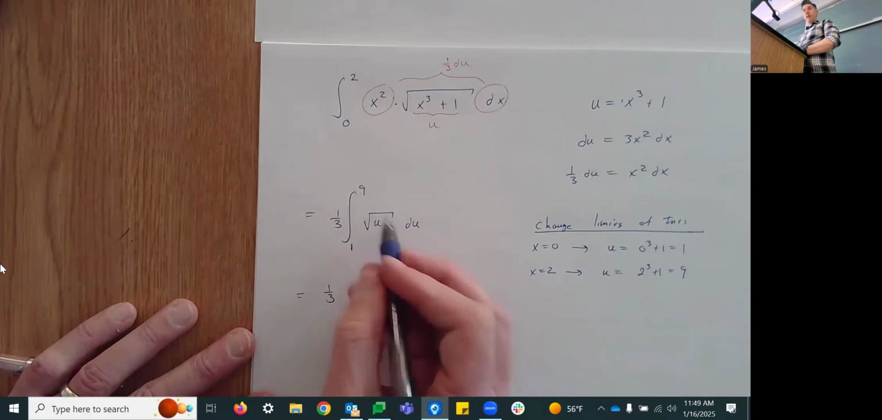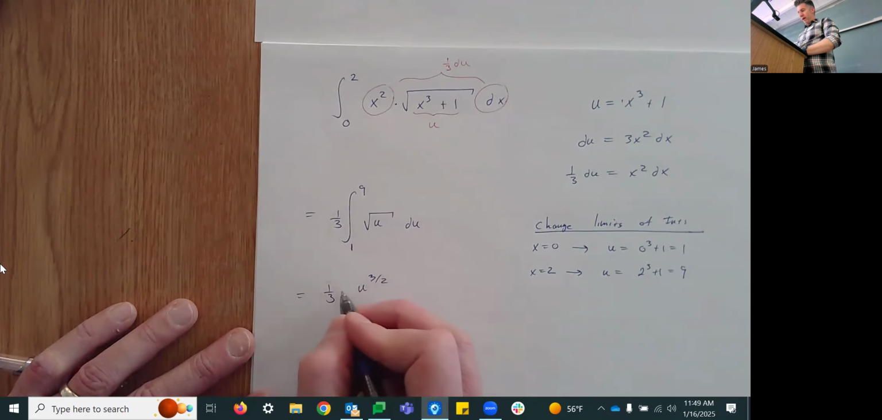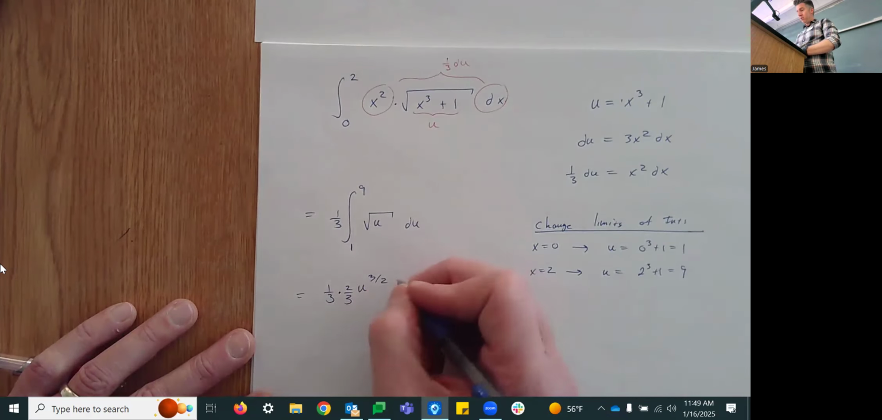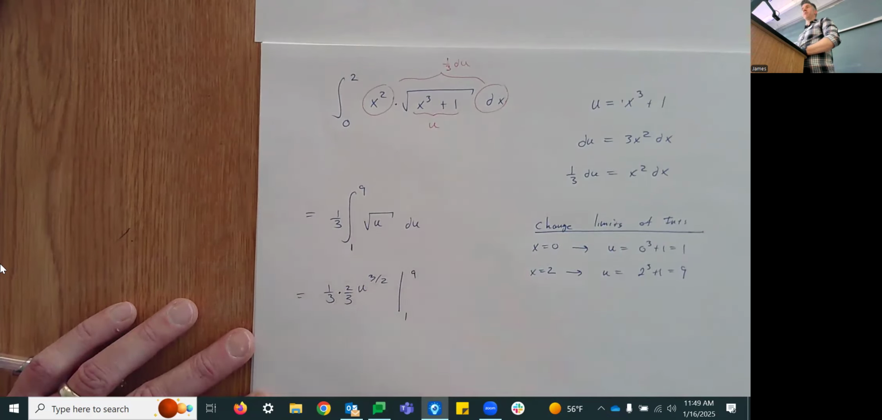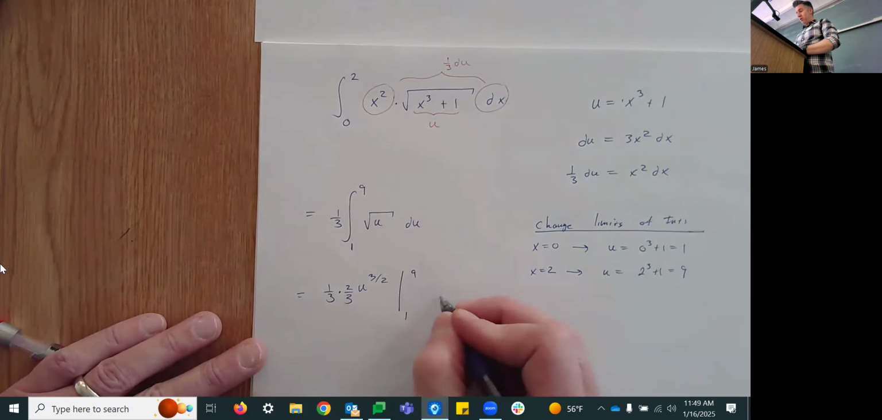This is u to the 1/2. The antiderivative of u to the 1/2 is u to the 3/2 divided by 3/2, or multiplied by 2/3. We don't need a plus C here because it's a definite integral. So we're just going from 1 to 9. And we don't change back. We changed everything to be in terms of u, so we're in terms of u. So we've got